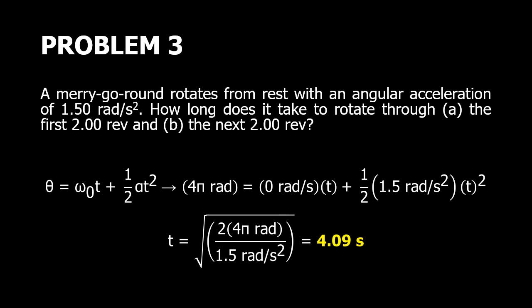2 theta over acceleration. So kapag sinubstitute natin yung value, this will be 2 times the 4 pi radians over 1.5 radians per second squared. So ito yung equation natin. So this will be 8 pi divided by 1.5. Then you find the square root and this will result to 4.09